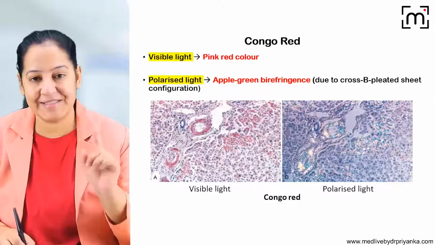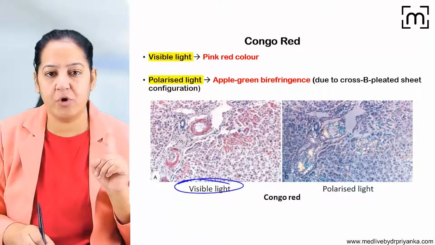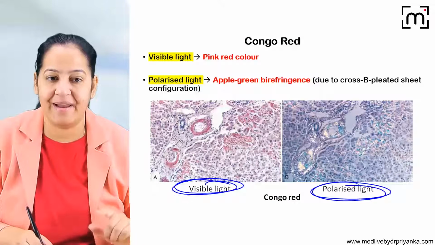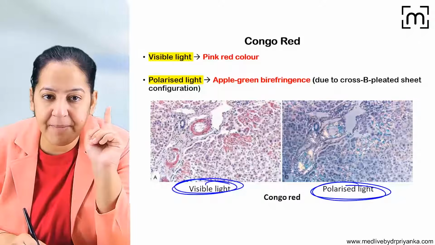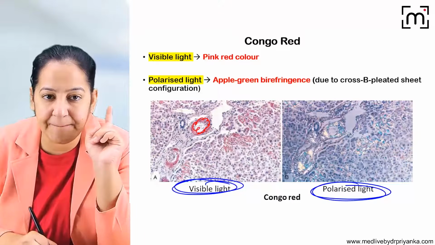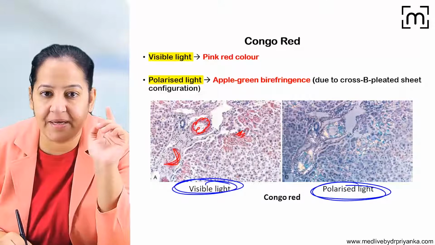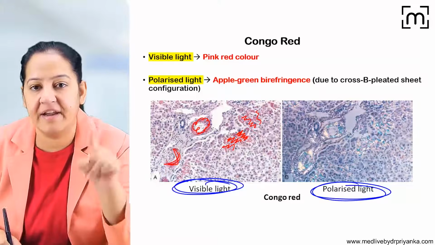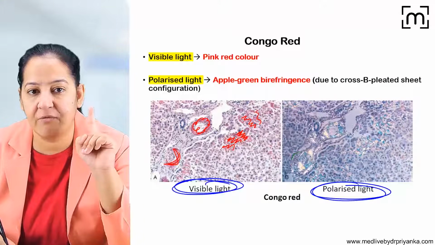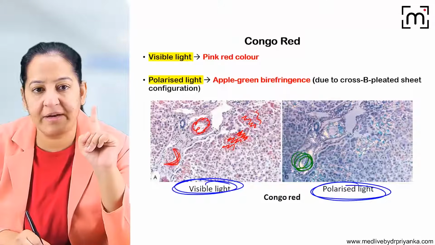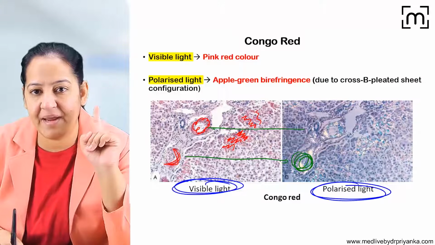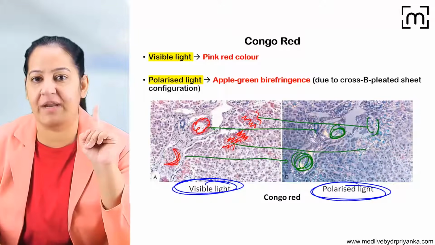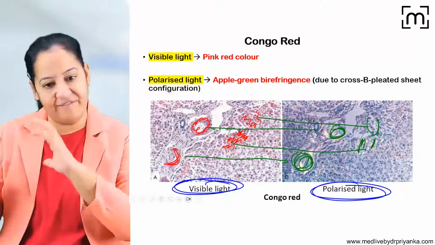See here, same slide. You are looking in the light microscope, and the same slide you are looking at in the polarized microscope. You can see here, let me highlight, the pinkish deposits which are extracellular. Whatever pink is here gets converted to green here. Can you see? The corresponding green, it's the same slide. You can match the corresponding areas. Pink, pink, pink gets converted to green, green, green.